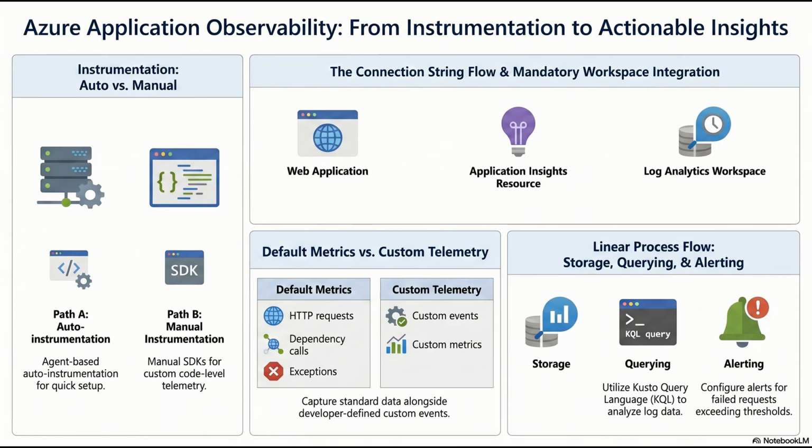Second, it automatically tracks exceptions. Oh, that's huge. It is. The SDK hooks into the global exception handlers of your runtime environment. If your code throws an unhandled exception, say a null reference error, the SDK catches it before the application crashes completely. And what does it capture? It captures the full stack trace, showing the exact class, the method, and the line of code that triggered the failure. It takes a massive amount of detective work out of bug hunting.